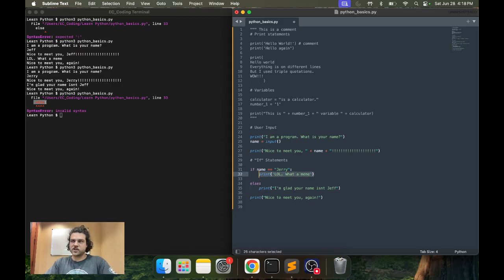But what if I wanted to check Jeff and Jerry and have them handle things separately? Elif. Okay. Elif stands for else if, colon at the end, if the name equals Jerry,